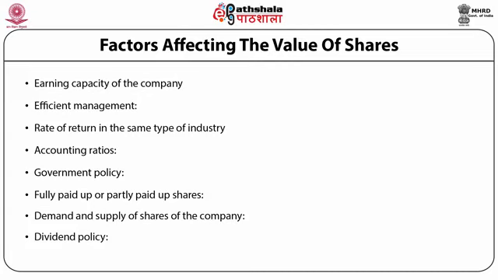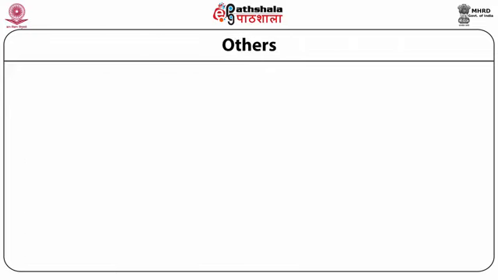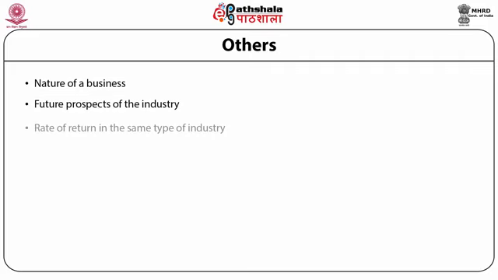If a company follows a stable dividend policy, then it fetches a high rate for its shares and vice versa. Ninth, net tangible assets of the company, those assets which can be seen, touched, and moved from one place to another. Other factors like nature of a business, future prospects of the industry in which a company is engaged, capital structure